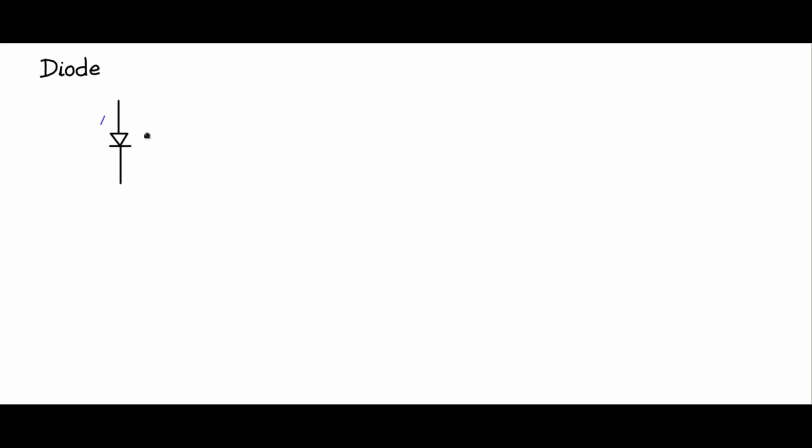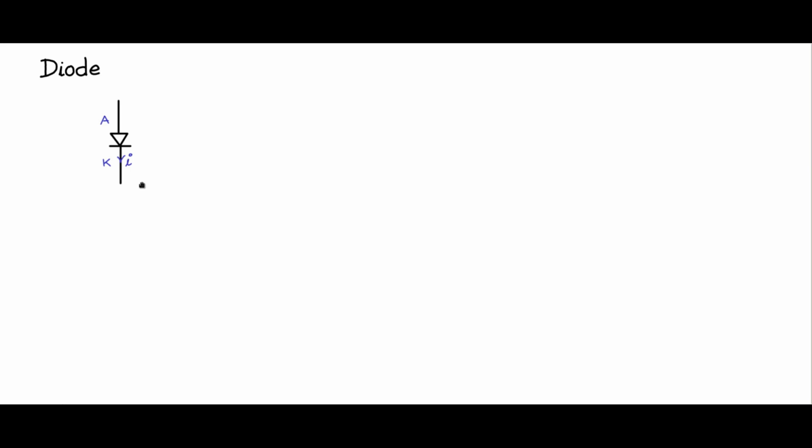Means there is no terminal C. There is only terminal A and terminal B equivalent. So we have terminal A, called the anode. We have the other power terminal, terminal K, called the cathode. And this is the symbol of the diode, as you very well know.